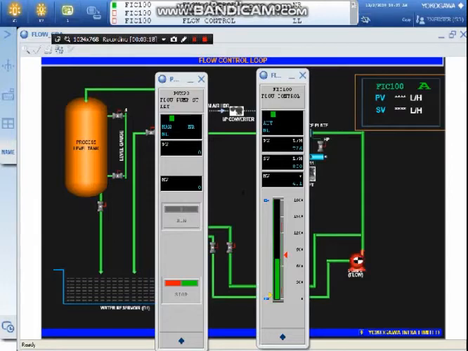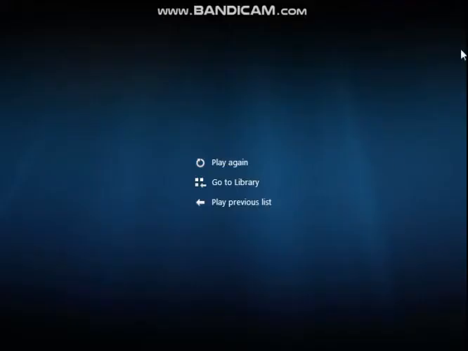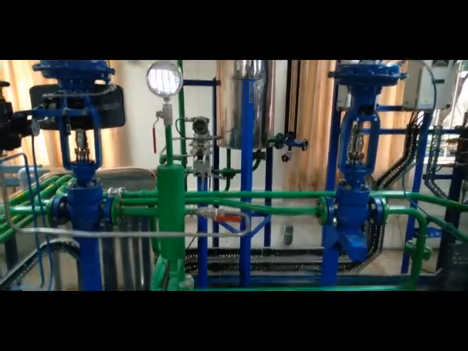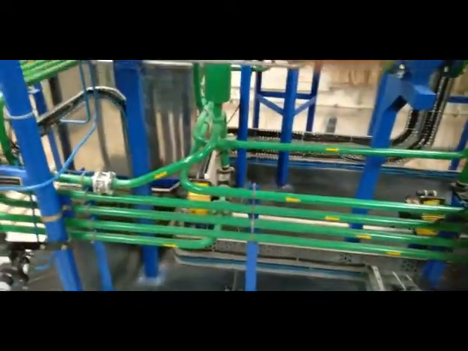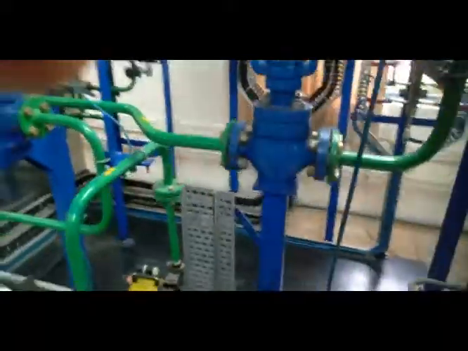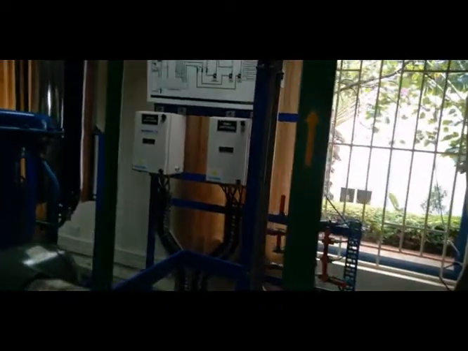We will see the real time thing. Now we are going to do the experiment on the flow loop. You can see the flow loop. Water is taken from the tank, and it is pumped through this pump. That pump will be pumping the water flow. We are raising it overhead, and we have an orifice plate here. This orifice plate is used to measure the differential pressure.